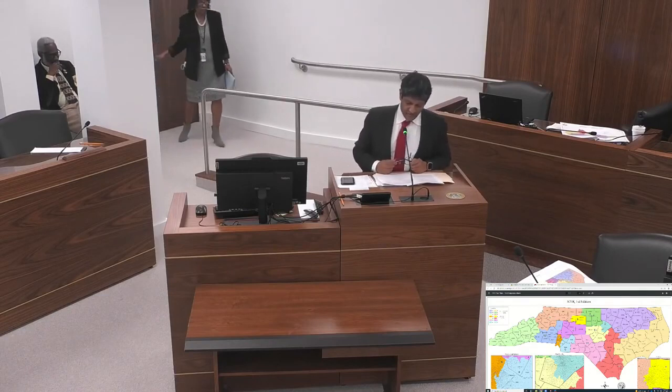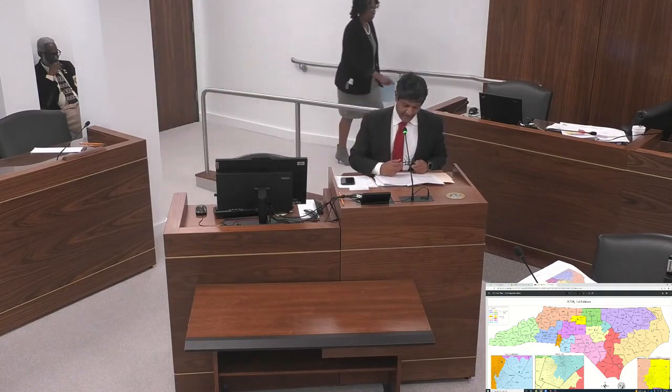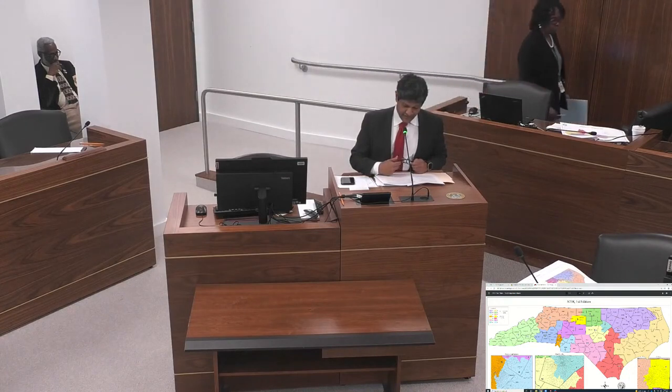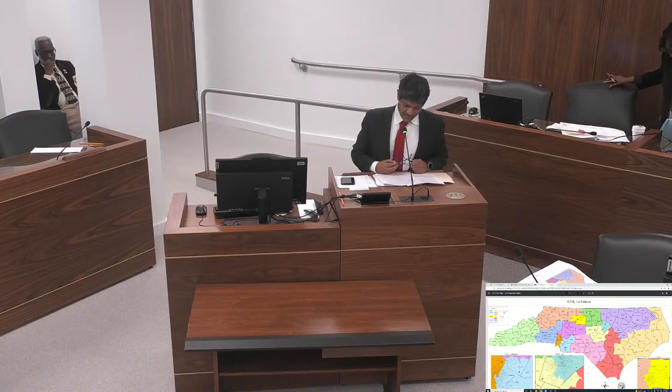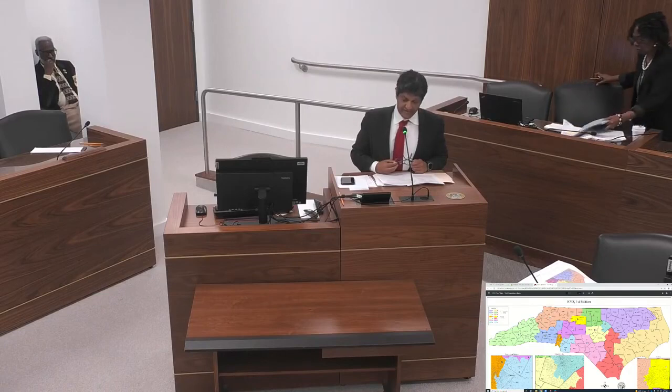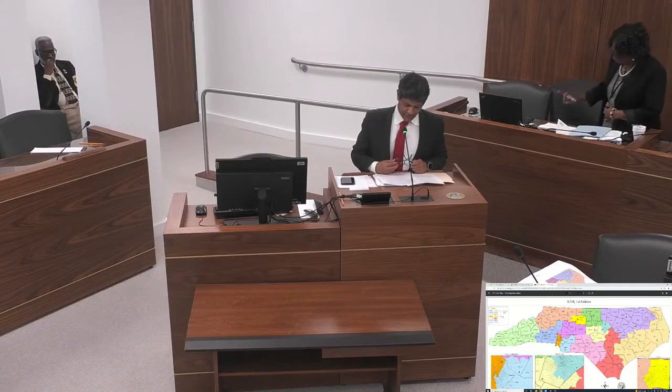Second, Senator Marcus, I would point out the analysis carried out by 538. There were a few takeaways. One is that Senator Heiss's map would produce 3 Democratic-leaning seats, 10 Republican-leaning seats, and 1 highly competitive seat. In contrast, this map would produce 4 Democratic-leaning seats, 6 Republican-leaning seats, and 4 highly competitive seats.